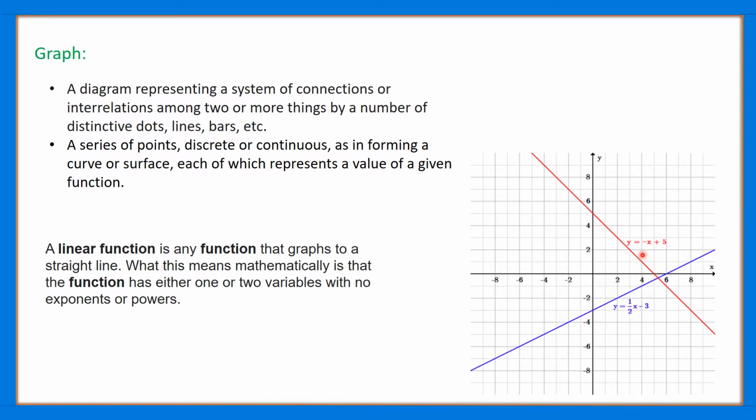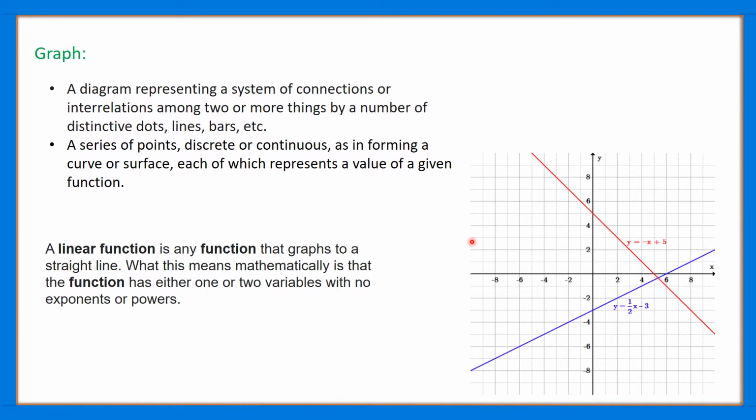Okay, then what is a linear function? A linear function is nothing but a function in which the equation will have one or more variables, but none of the variables will have powers or exponents. That is, there will not be any terms such as x square, x cube, y square, y cube and so on. Since the exponents or the powers should be 1, we'll get a function such as x = y + 5, and it is called a linear function.